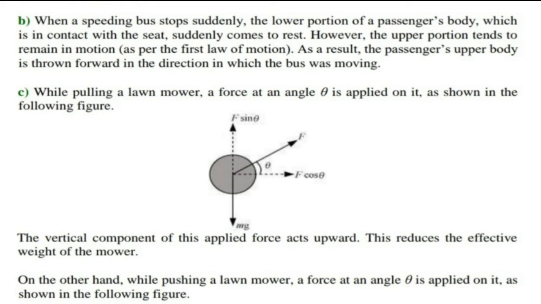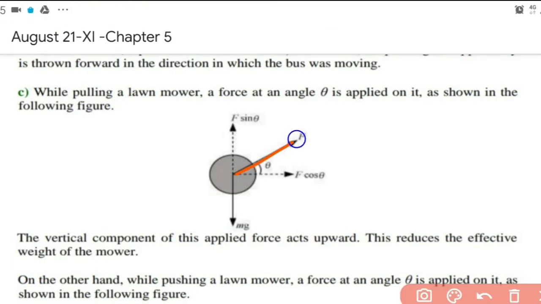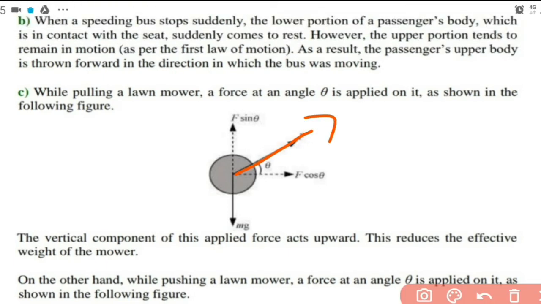Now the third question: it is easier to pull a body than to push it. We'll consider the two situations separately. What happens when we pull a body and what happens when we push a body. Here a body is being pulled. This shows the pulling force with which we pull that object, a very familiar situation in our daily life when we pull objects in a slanting direction.